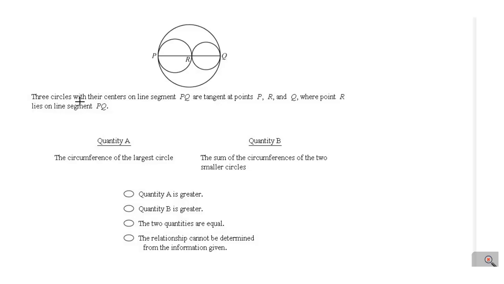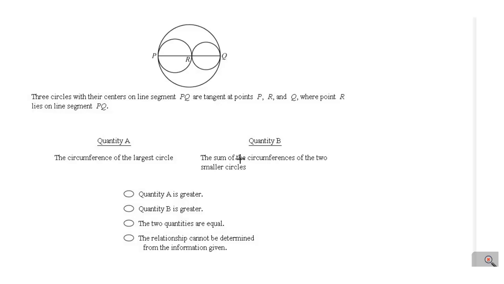So three circles with their centers on line segment PQ are tangent at points P, R, and Q, where point R lies on line segment PQ. Quantity A is the circumference of the largest circle. The largest circle is this bigger circle. And quantity B is the sum of the circumferences of the two smaller